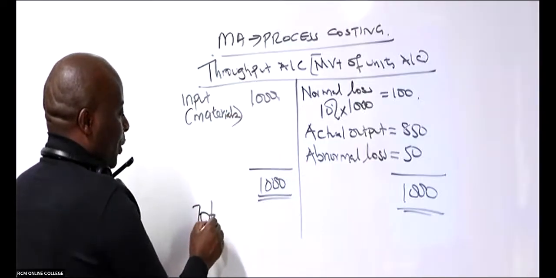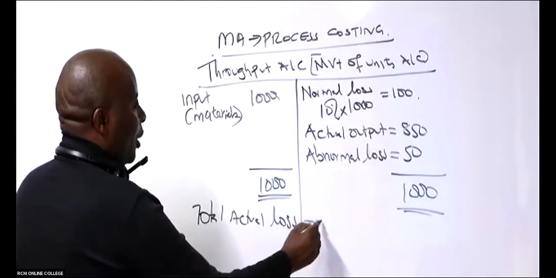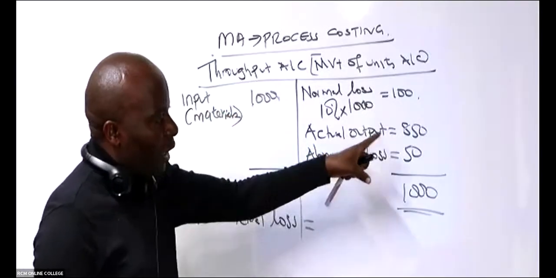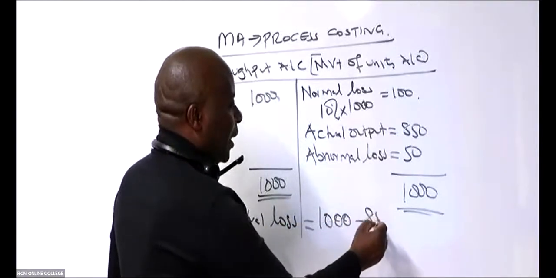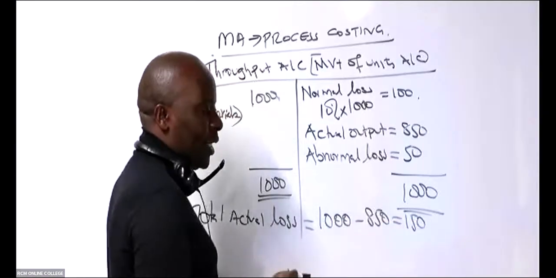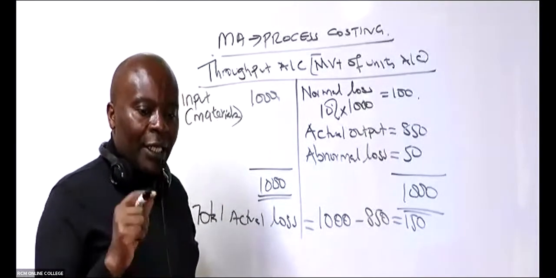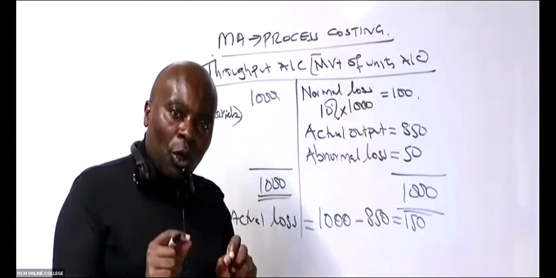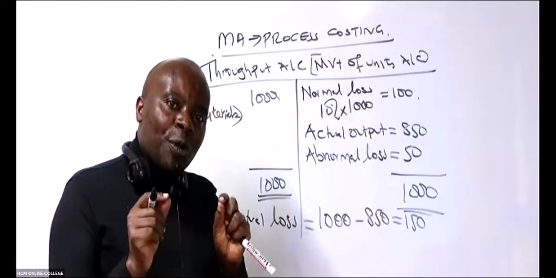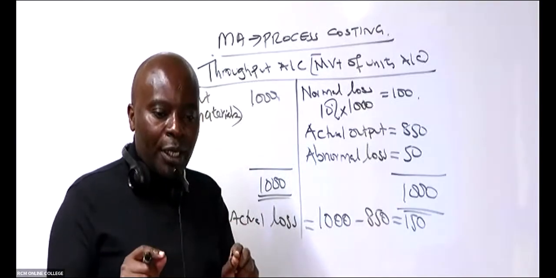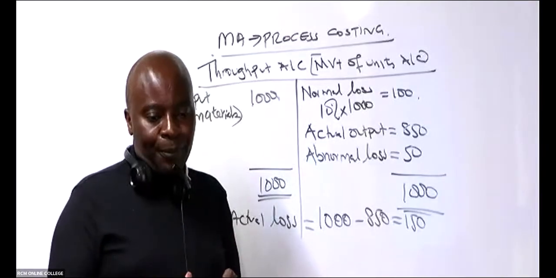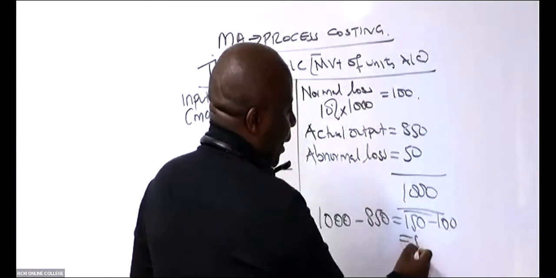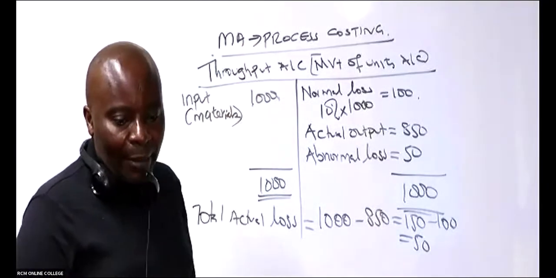total actual loss, into the process we did put in 1,000, but we actually got 850. So 1,000 minus 850 gives me 150 as the total loss. This total loss of 150 is more than the normal loss. Whenever the actual loss is more than the normal loss, you get what we call an abnormal loss. The actual loss is 150 and the normal loss is 100, so if you subtract 100, we get an abnormal loss